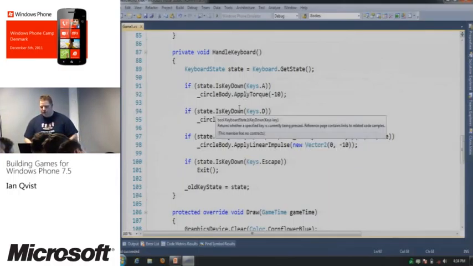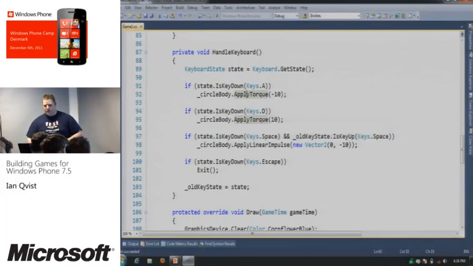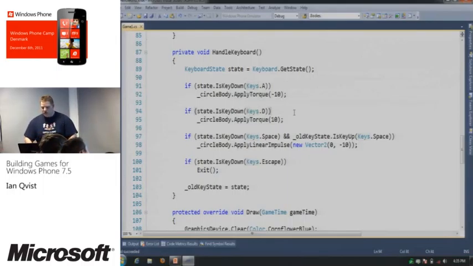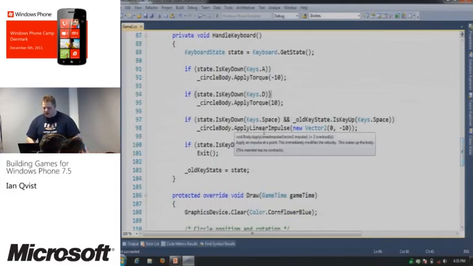Okay, so before we were moving a vector, we were moving the point in space that the circle was at. But now instead we are applying torque to this circle, and that's all handled by the engine. So we apply -10 in torque. And as you can see here, hopefully, that should have a unit. Sorry about that. Okay, and when we press space, we apply an upward force to the circle